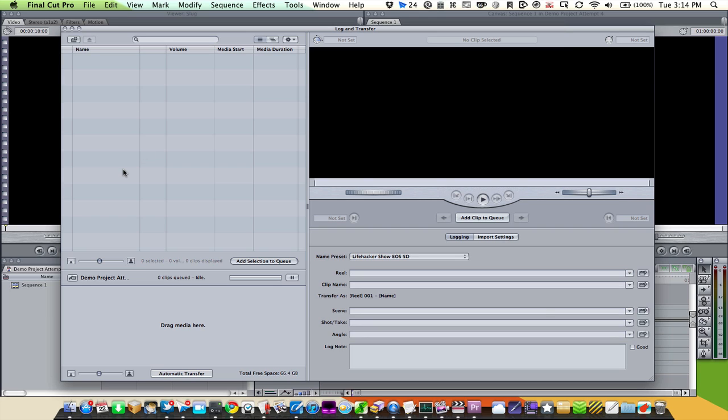And a whole list of clips will come up here. You'll select the ones that you want, click Add Selection to Queue, and then click Automatic Transfer, and it will start transferring them into your Final Cut project. One thing you might want to do is go to the Preferences